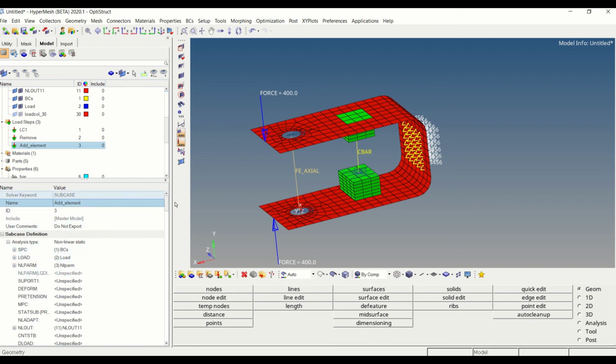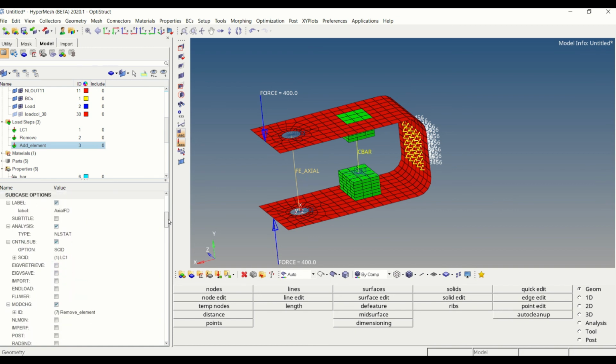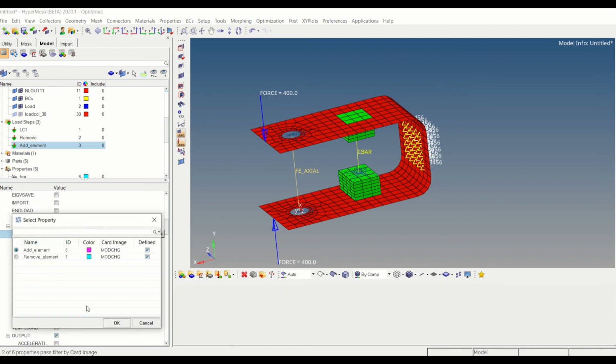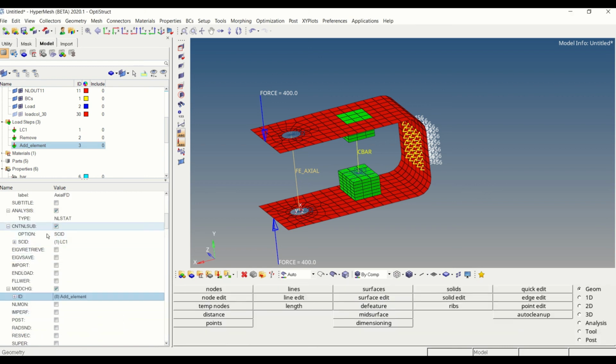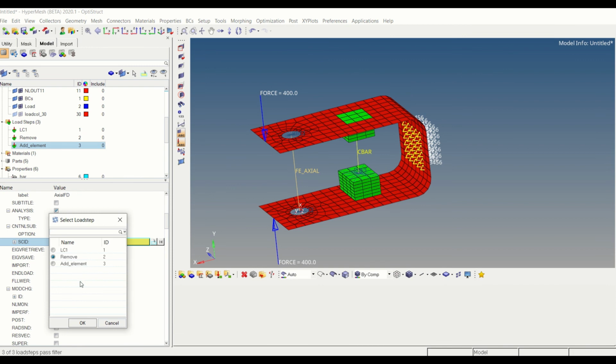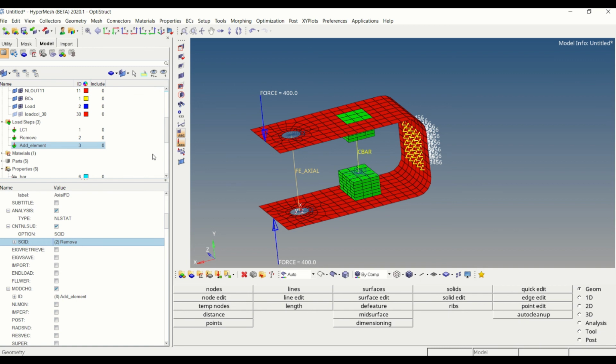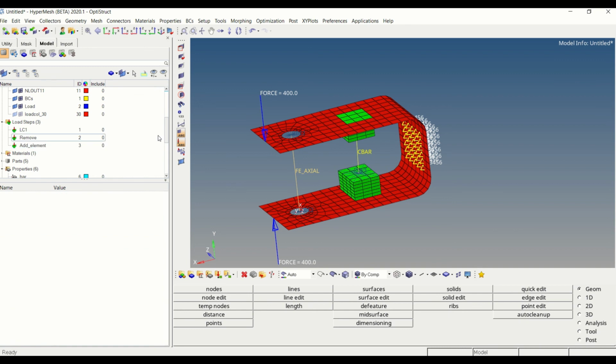In this load step, search for the subcase option here and change that property to the newly created property for adding the element, and under the CNTNL SUB select the previous load state. So this is how we can remove or add elements from the model using the model change property. Export the solver deck and solve it using OptiStruct.